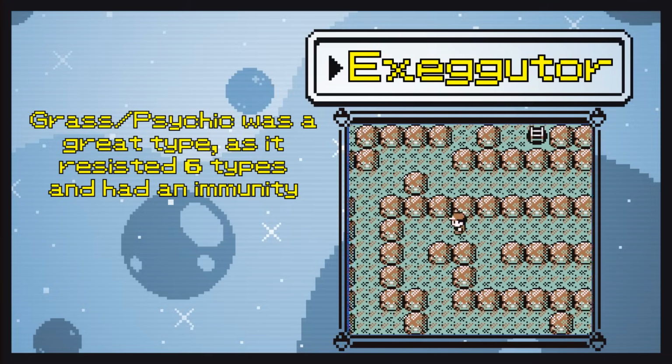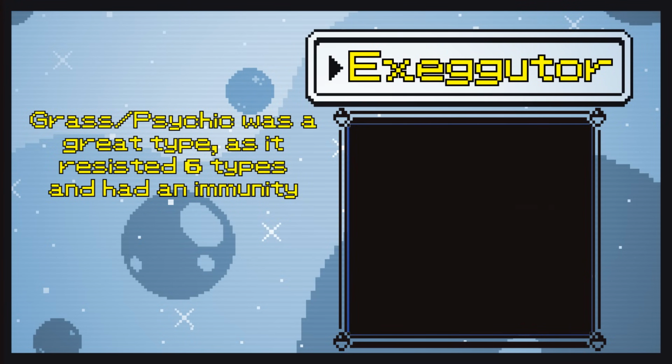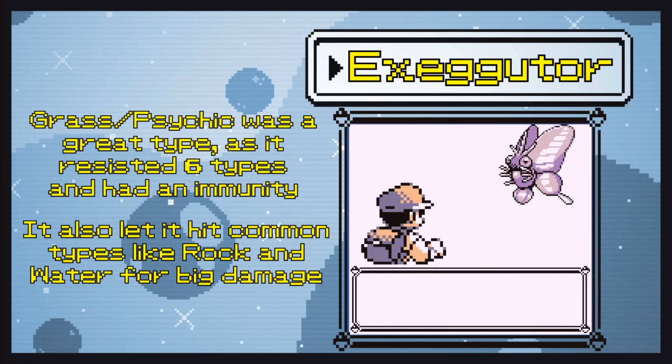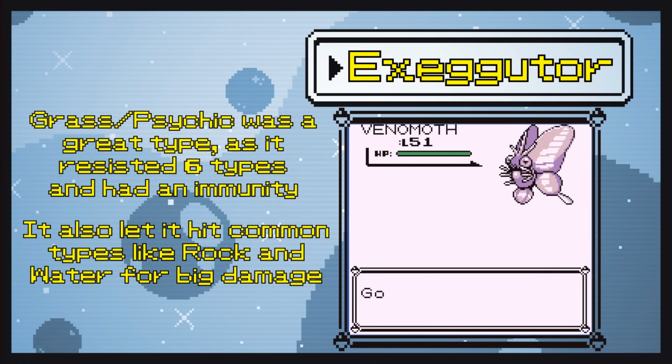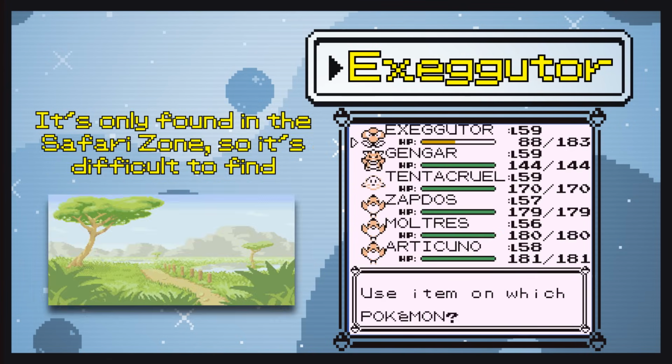Exeggutor's typing is one of the best in the game, as it resists 6 different types and is immune to the Ghost type, along with allowing it to hit the common rock and water types for an insane amount of damage with a STAB Mega Drain. Exeggutor does take a massive hit to viability in playthroughs as it's restricted to the Safari Zone, which means it's basically unusable unless you get incredibly lucky,